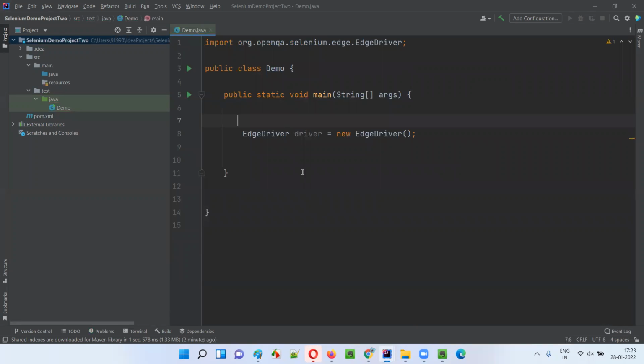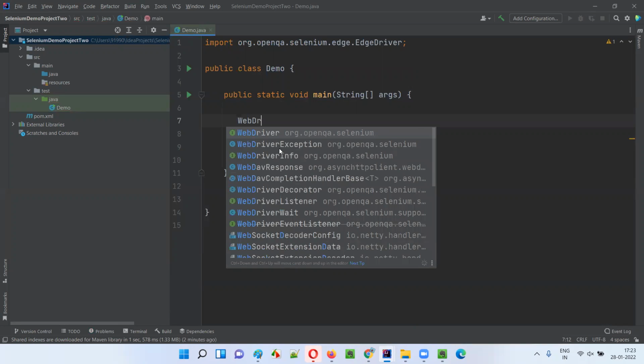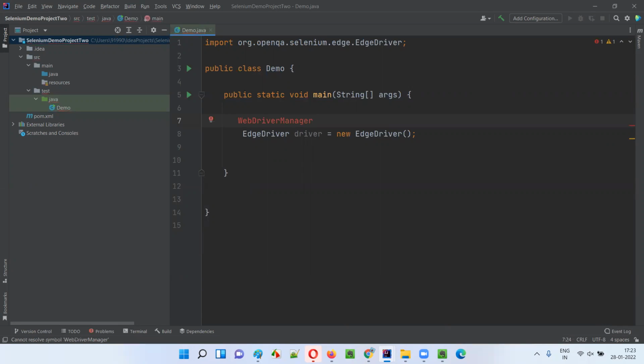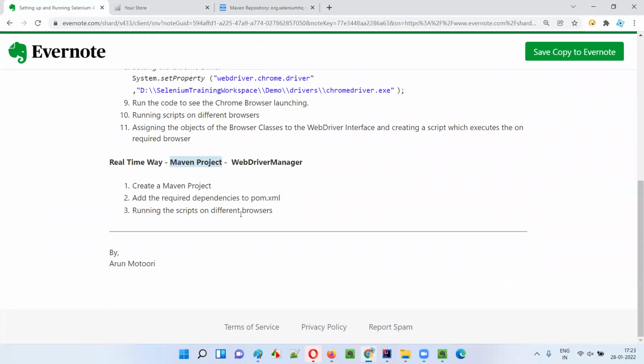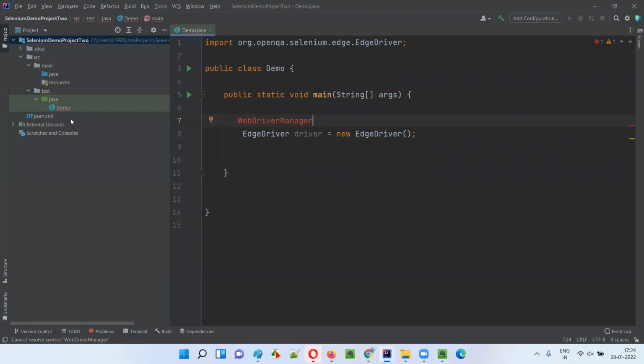Before going to mvn repository, guys, I'll type some code here. There's something known as WebDriverManager, guys. I told you in the notes, right? Maven project makes the download and setting up of the Selenium library very easy. Already with the help of the pom.xml file, we have set up the Selenium 4 libraries in our project with ease. Similarly, there's something known as WebDriverManager, which will make our job easy in case of driver executable files. Instead of downloading each and every driver executable file, I'll type here